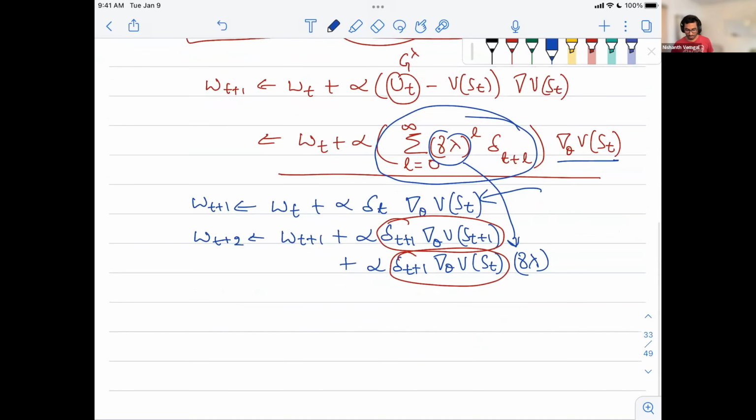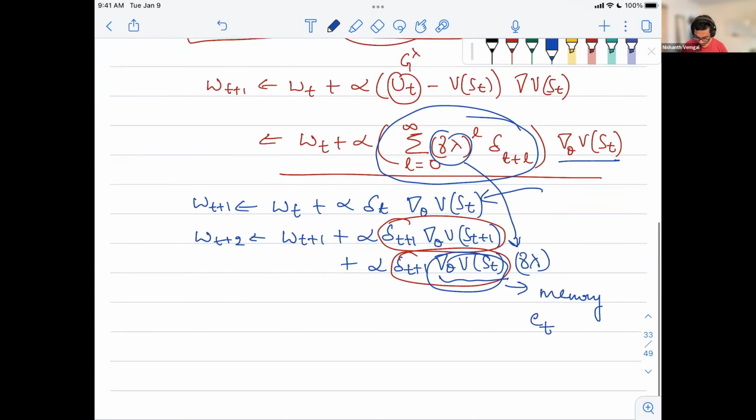In fact, if you see here, we are using the gradient of our value that we computed at time step t over and over again. Instead of recomputing it at every point in time, we can accumulate this term in a particular memory, and then use that memory whenever we need it. We can put this in memory, and we call this memory E_t, which is nothing but eligibility traces. So what the update rule looks like is